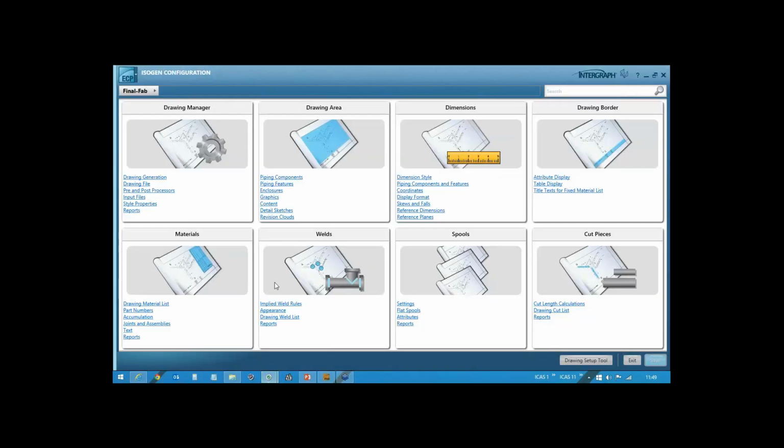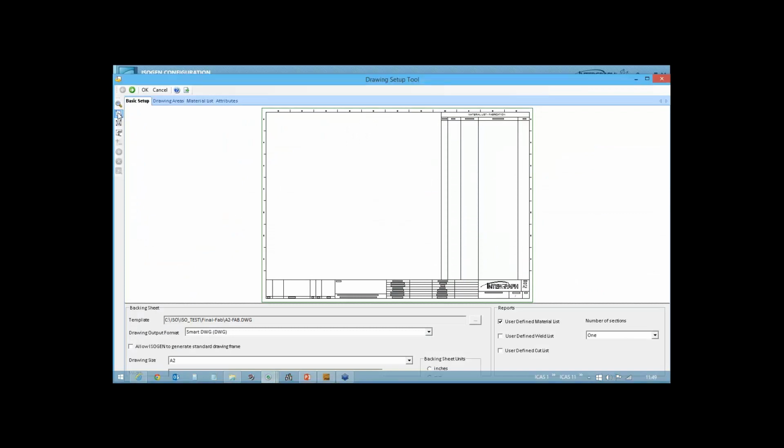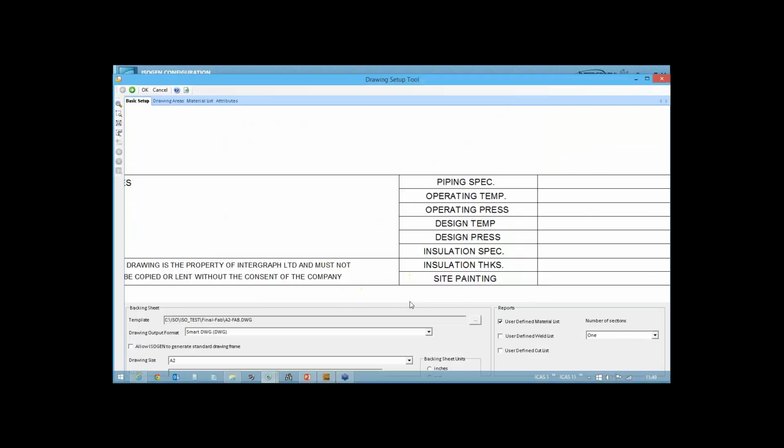Once you click on edit, this particular thing is quite familiar to all of you. The first thing you have to do is go to your drawing setup tool to see how your template is available there. Now in the template, let me zoom in and see. Here you see the piping spec, operating temperature, operating pressure, design temperature, and design pressure. This I have already entered